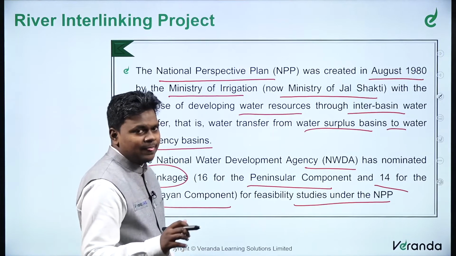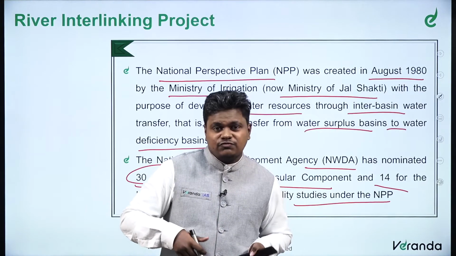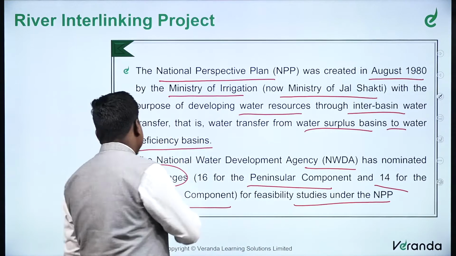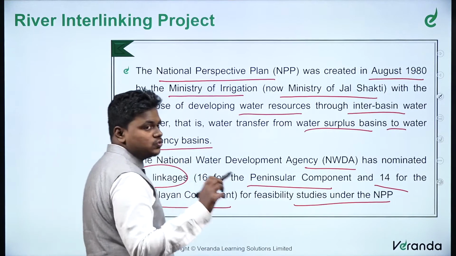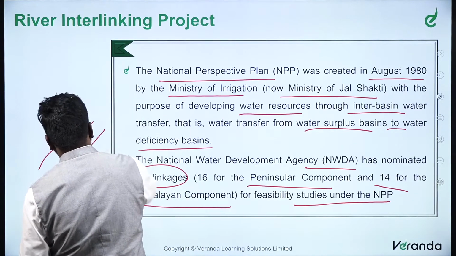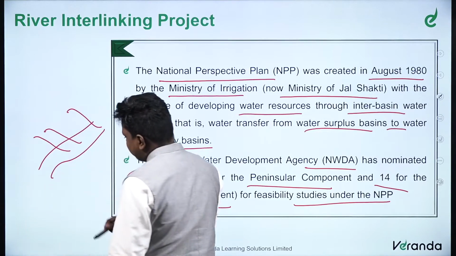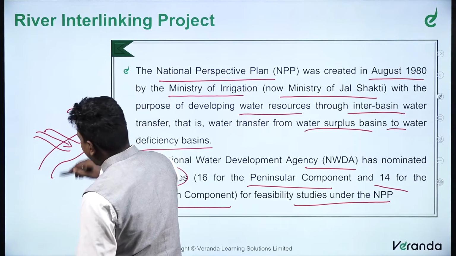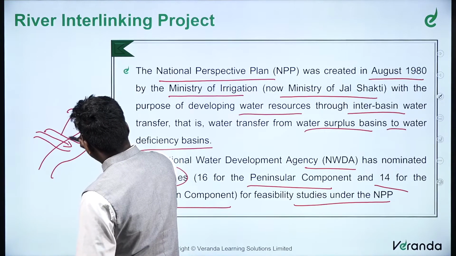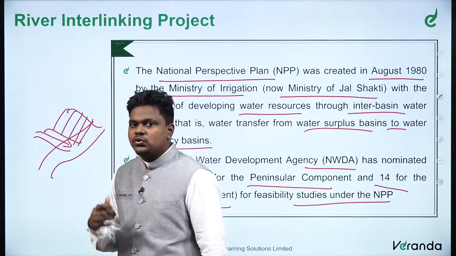Actually, if we see, in one part of the country, the rivers were flowing to a great extent and water was mixing in the sea, especially during the monsoon time. We see major rivers of South India such as the Cauvery, Krishna, Godavari. These were flooding in the monsoon time. At the same time, during the summer season, these rivers were dried up. Because of that, agriculture is not at all possible during this time.